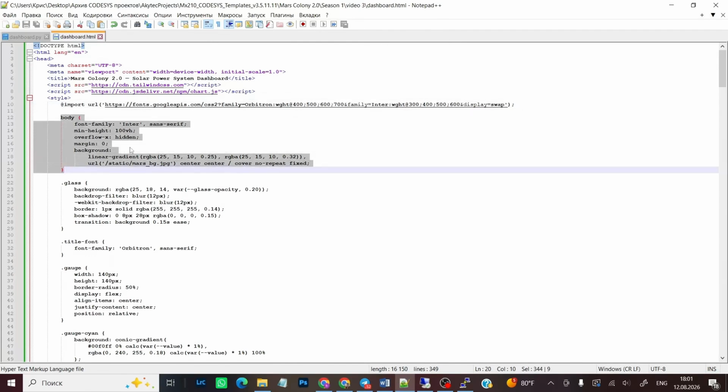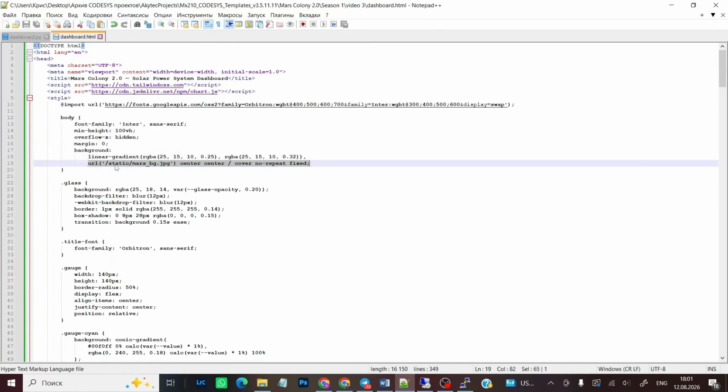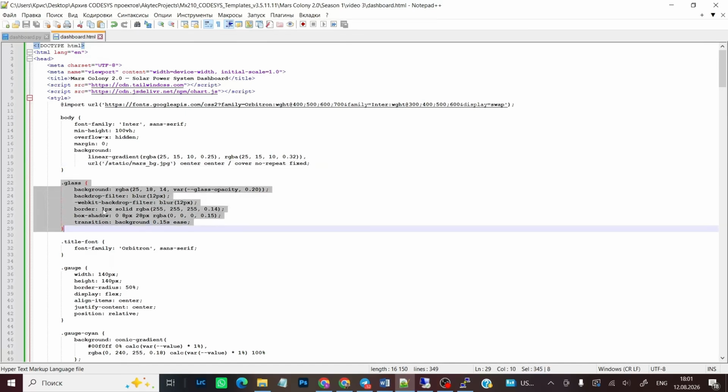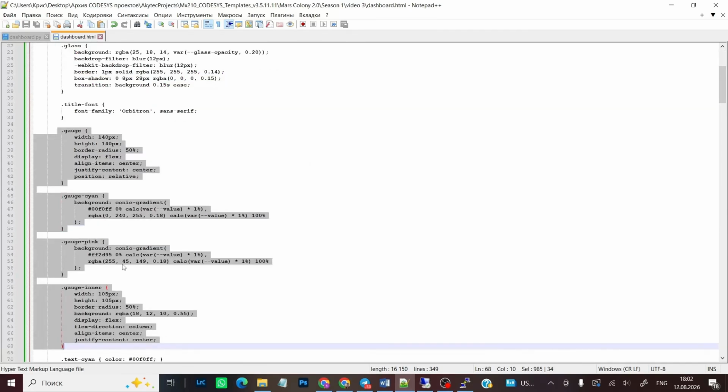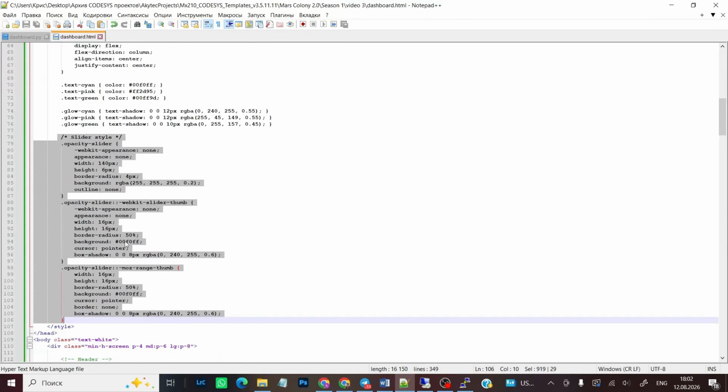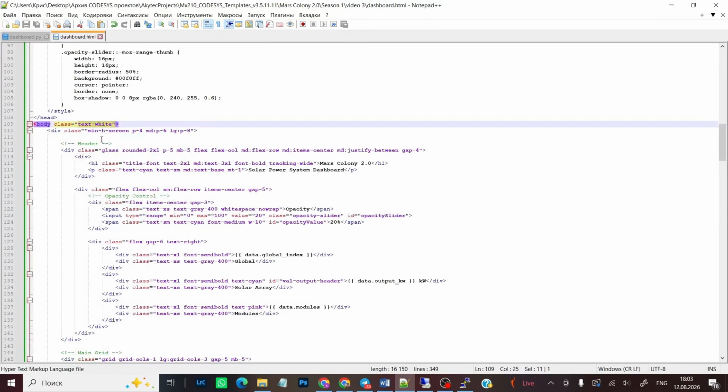For the main body container, we select the page's primary font, disable horizontal scrolling, remove default browser margins, and set a background image of a Martian landscape generated by Grok. Next, we define style classes for the remaining display elements of our control panel. For example, a class for defining container visualization and managing their transparency, as well as for visualizing circular indicators and the slider control element. For the main body container of the page, we set the default text color to white,